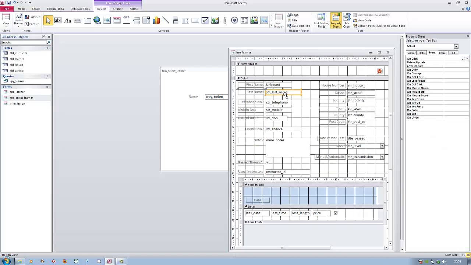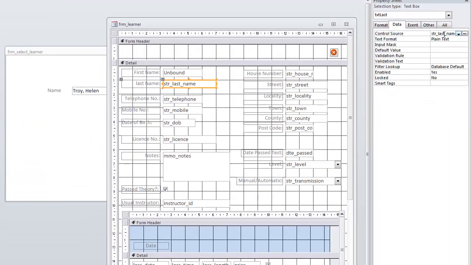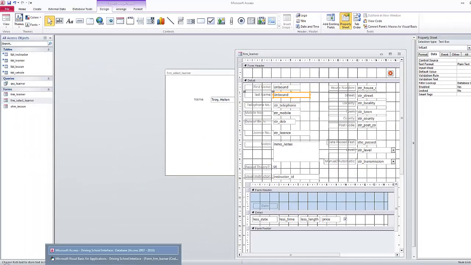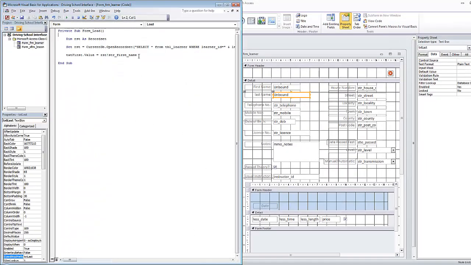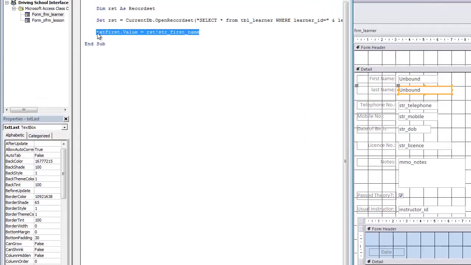Well, it's actually exactly the same way. I go to the str last name, I look for data, and I simply delete anything that's in the control source box. It's then unbound. I then can go to the code. I can actually copy this line if I wish to. And if I remember, that was called txt last, so I can call this one txt last str